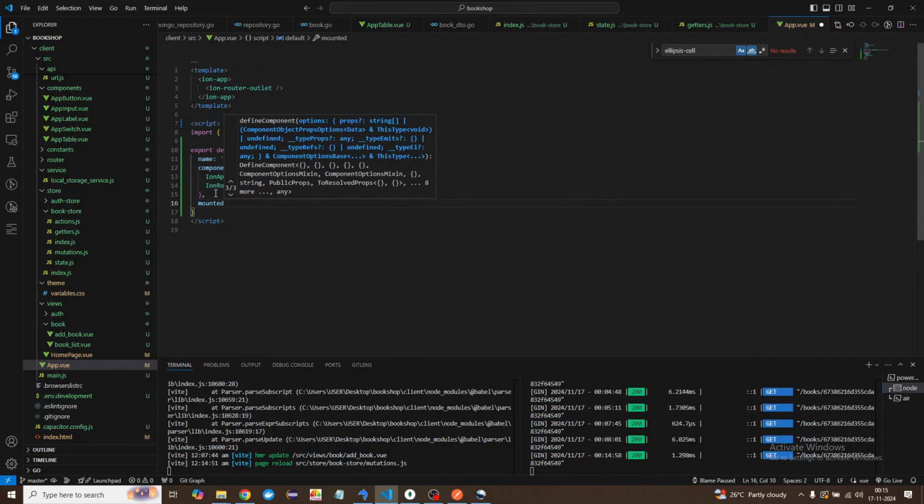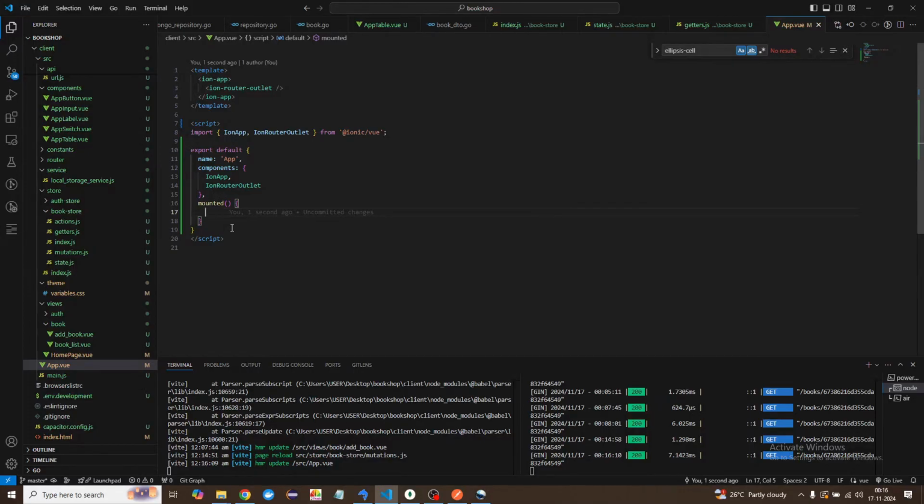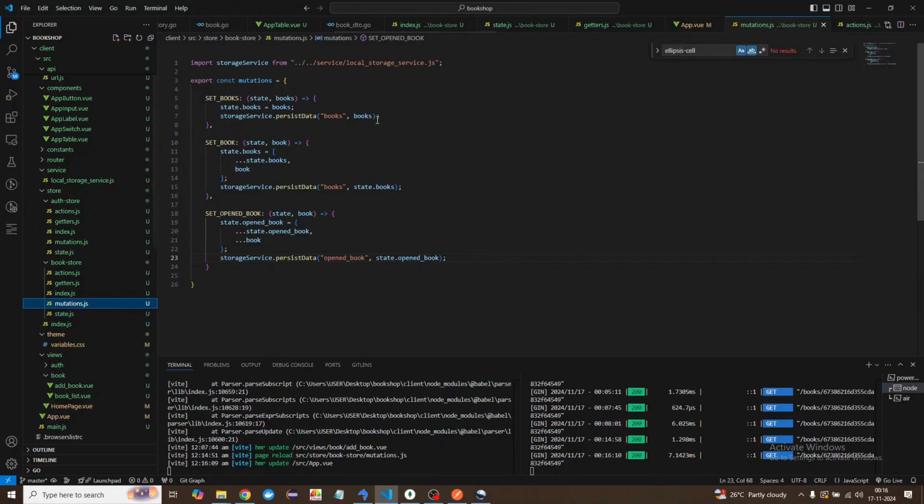So once the application is mounted, only then we are going to do all these kinds of things. So here I'm going to say constant books, for example, right? But we don't need book data for now, since on every page we move to, we are going to trigger the API related to books, and we'll be getting the latest data. But in case of login, since that data has to be persisted for sure, I'll just go back in auth store, and I'll just copy that from here, and I'll go back in auth store,